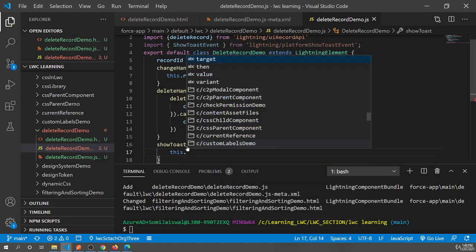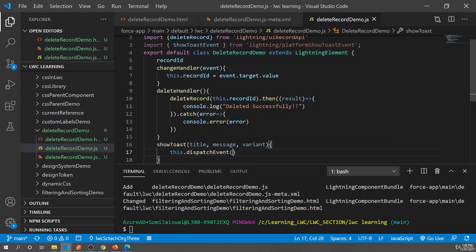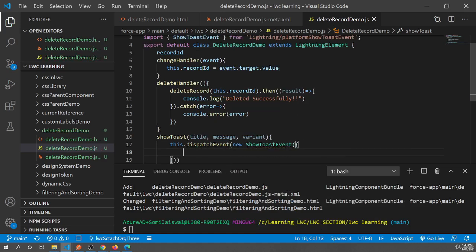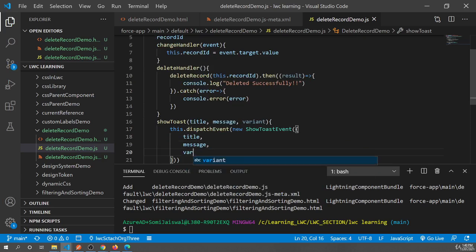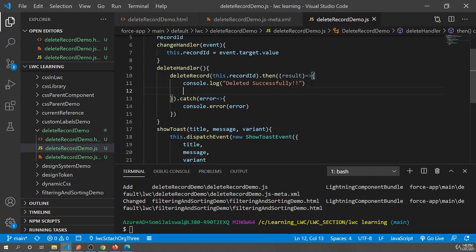I'll say this.dispatchEvent, and we're going to create a new event, that is ShowToastEvent. It will receive title, message, and variant. And let's go and call this showToast. We'll say this.showToast,